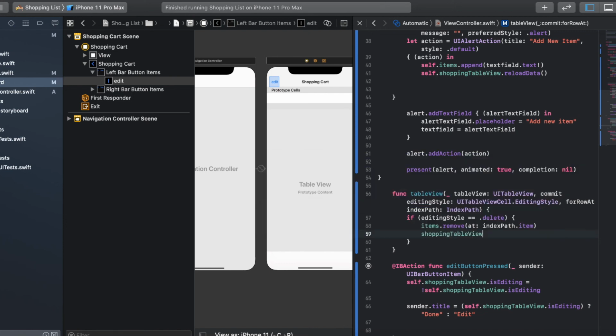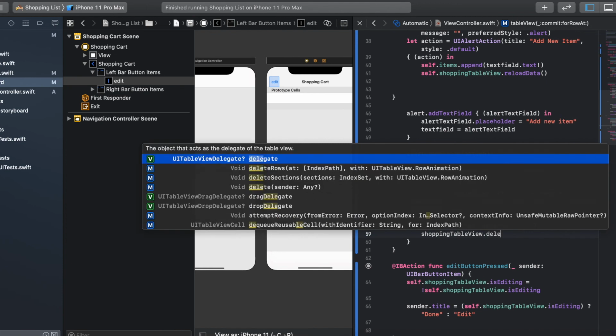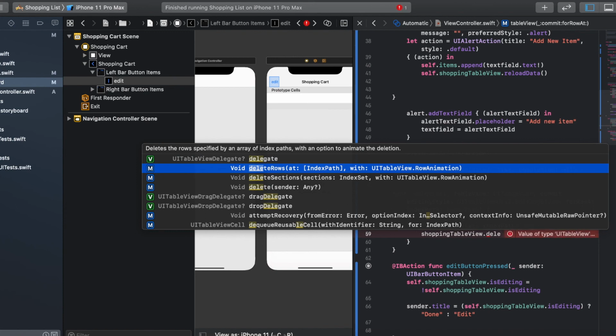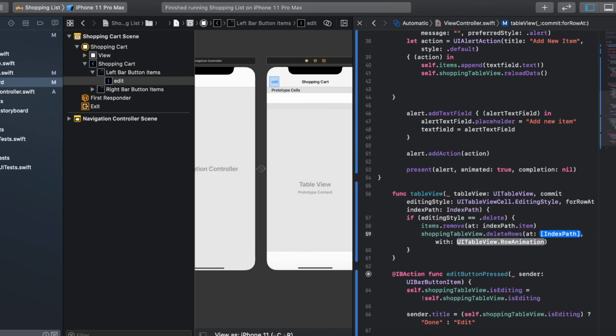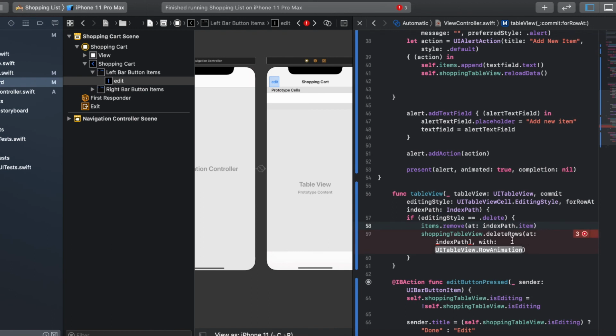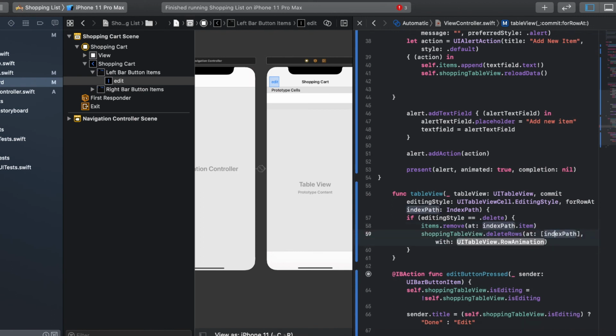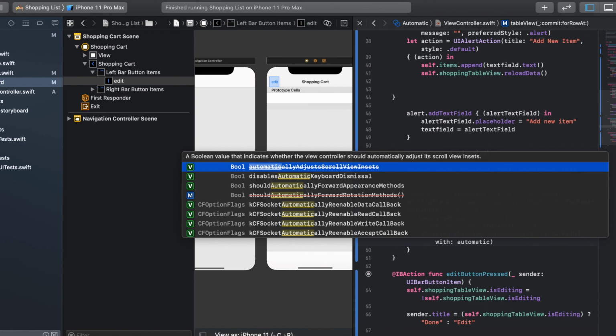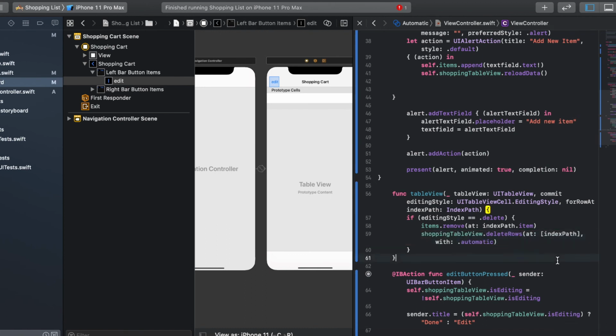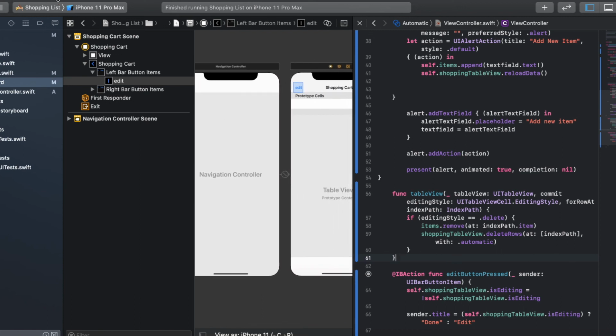So then last but not least, we have our shopping table view, right? Dot delete rows. Yep. Delete rows at, and then we can do it at the index path, which needs to be the array. With, this will be automatic. So, okay, I think we need a dot. Awesome. So that deletes the rows, and if we want to run it to see,